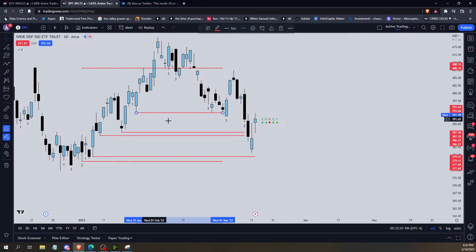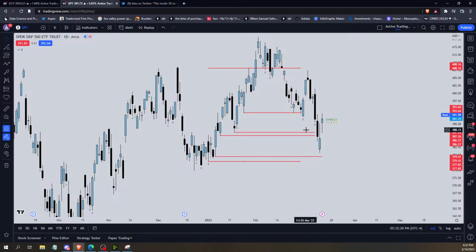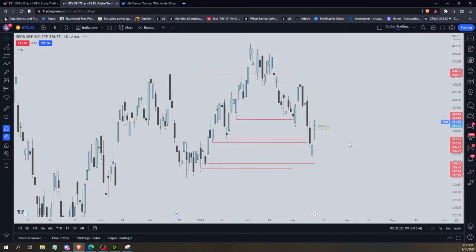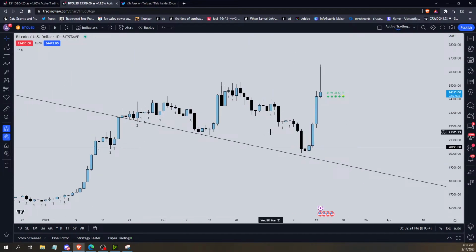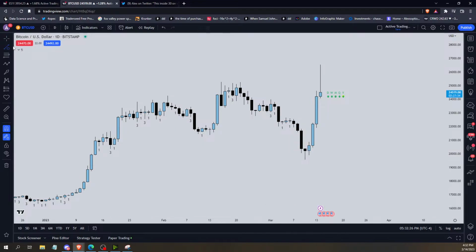And those targets are important because this is where, if they're going to fail a side of the range, this is partially in that range, right? It's like from here all the way up to here. This is all outside bar of this one candle right here, or these two, right? So technically, this is the bottom of a range, not the bigger range, which if we go to Bitcoin, you can see why that's important to make some